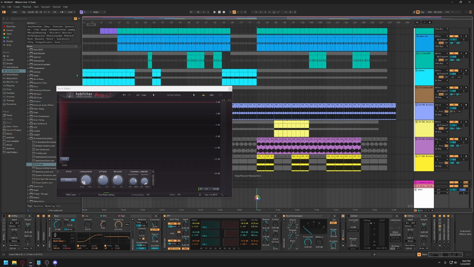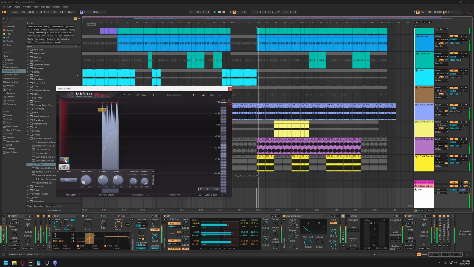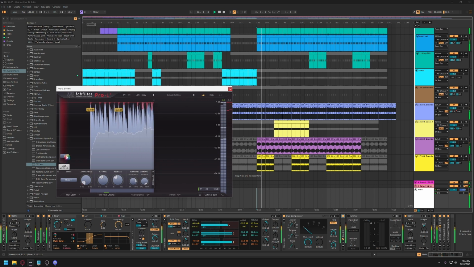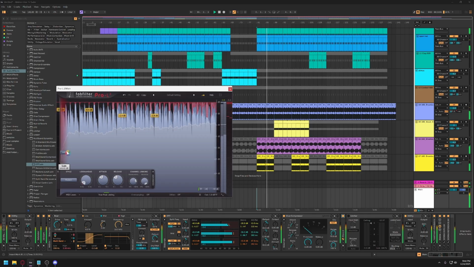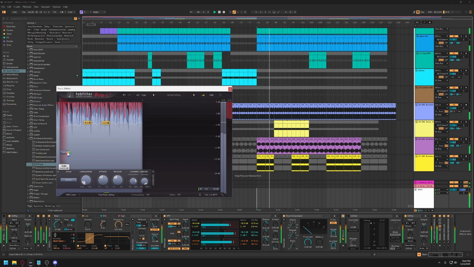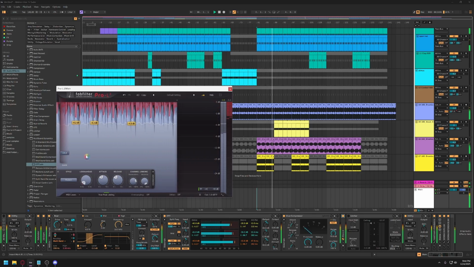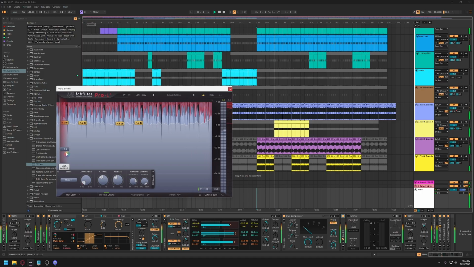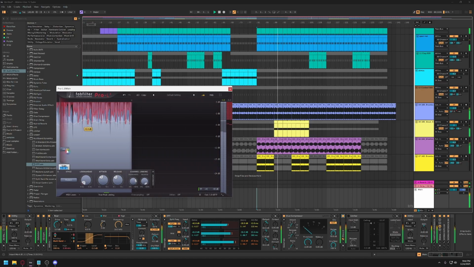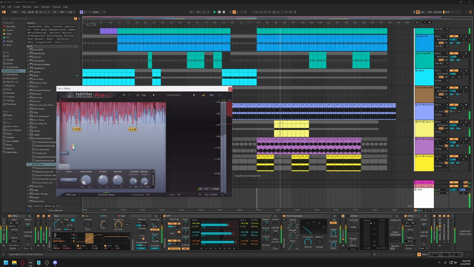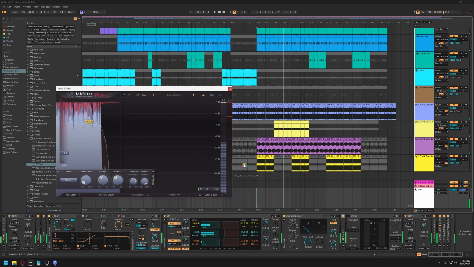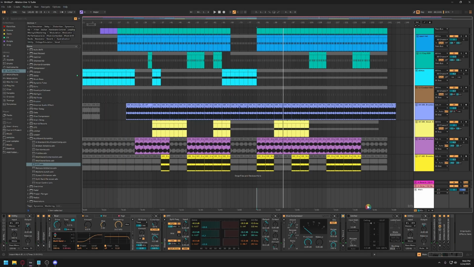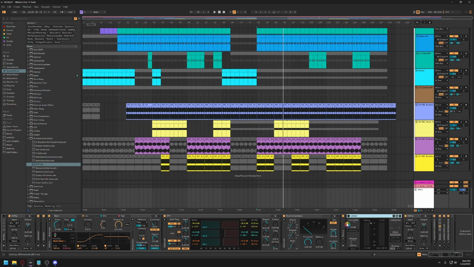So you can also push that a lot harder like this. Say if I was wanting to DJ this demo in a set or something, you could push it quite a bit more like that. So with your chosen amount of limiting being applied, then